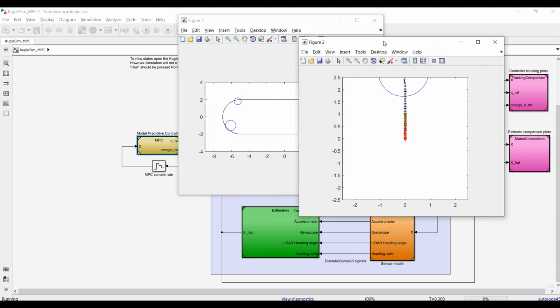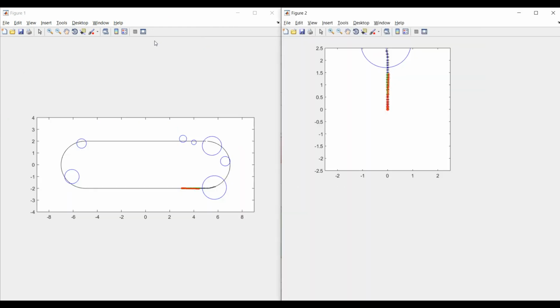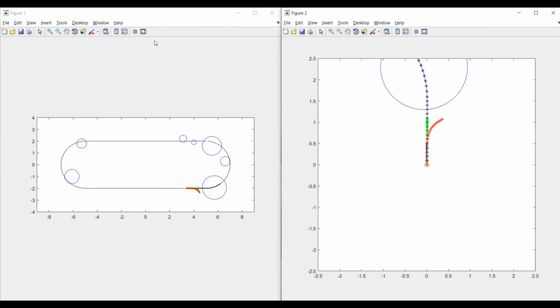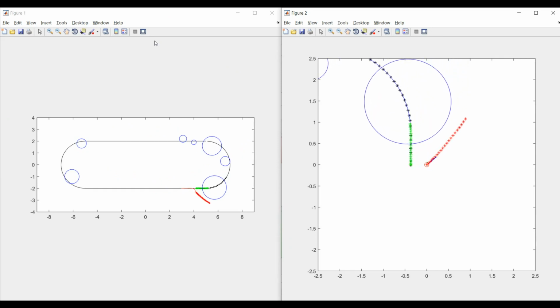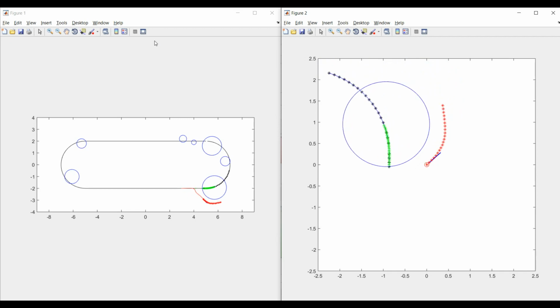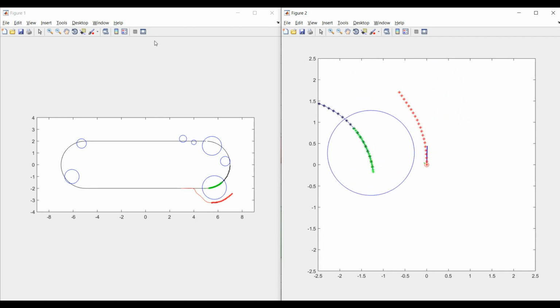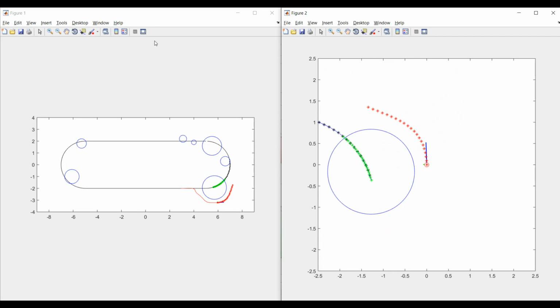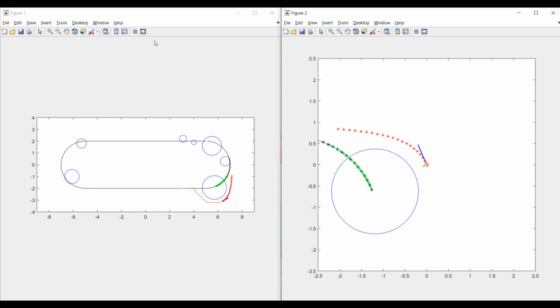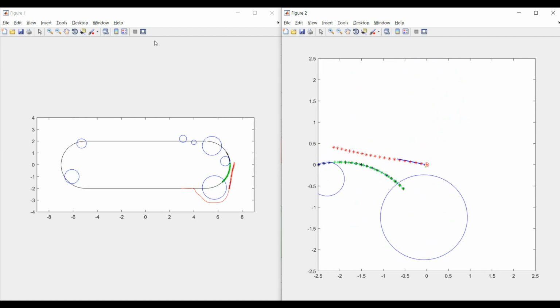So here we get two views. One view to the left is the overall trajectory. The black lines are the reference trajectory, and the black dots are the current trajectory points that are used to perform a polynomial reference path fitting. The red points are the MPC horizon, so basically the predictions of the model predictive controller,